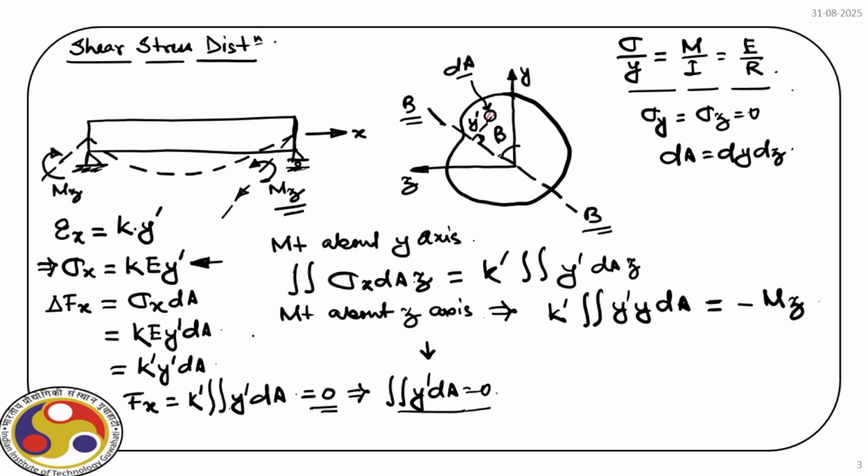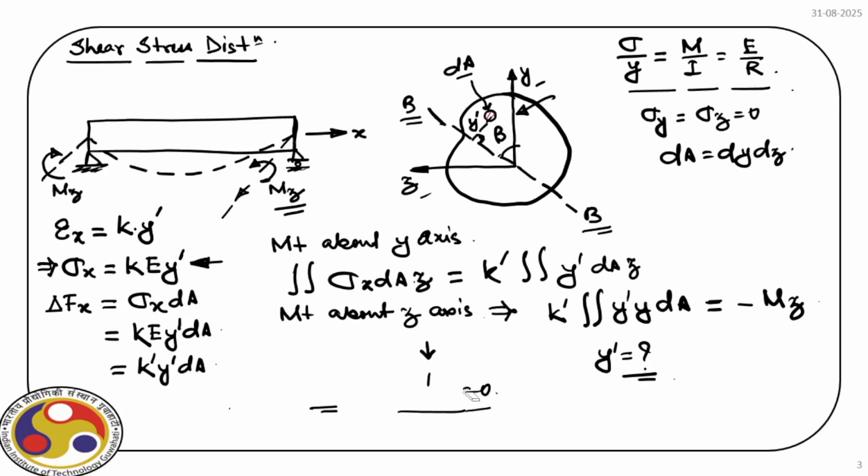Now, let us just redraw this and see the expression of y prime, right? Our objective is to express y prime in terms of the known coordinates y and z. Let us see how we can do that. For that, what we do is